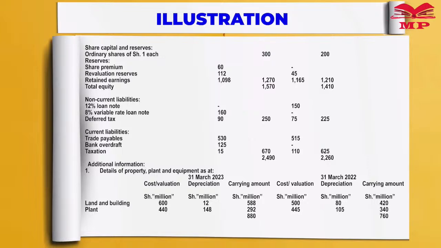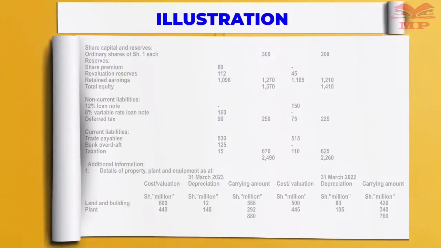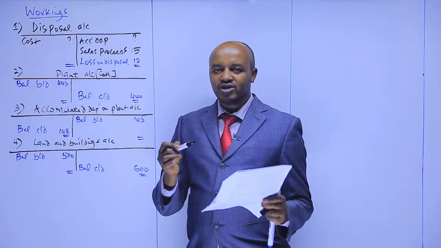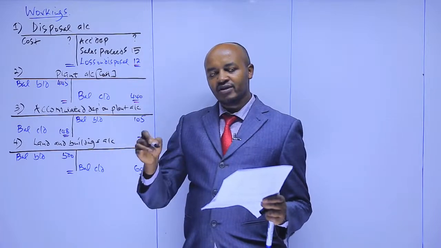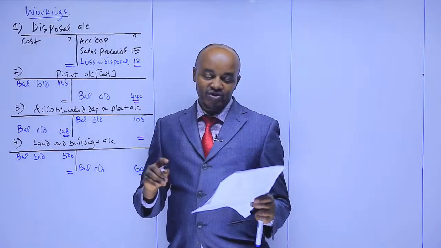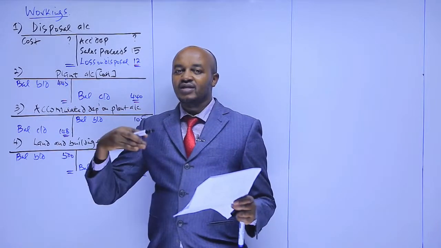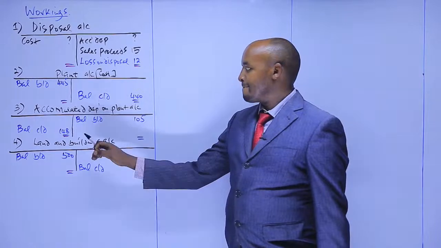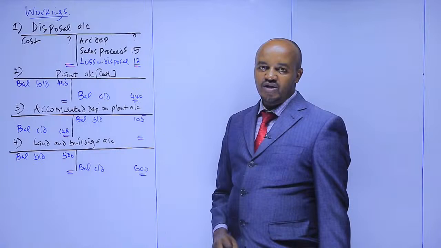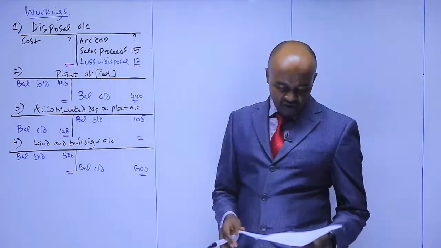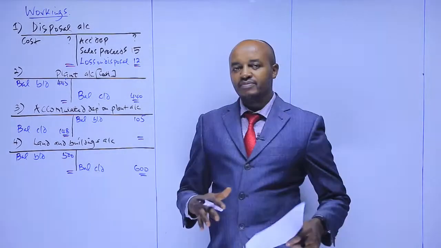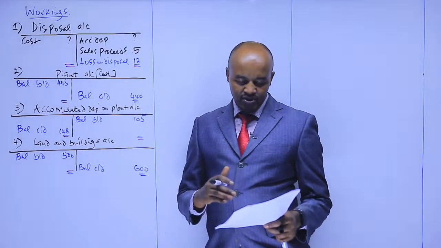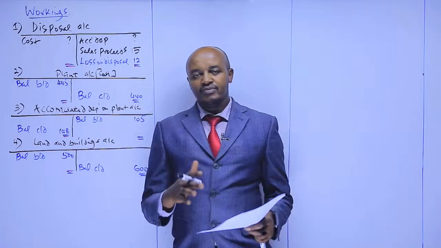Now that amount of 12 depreciation for land and buildings is the depreciation for the current year, because I've said that that depreciation was computed based on the revalued amount. Once the assets have been revalued, the depreciation for the current year is computed based on the revalued amount, and the previous accumulated depreciation is ignored. That's why we are not preparing the accumulated depreciation account on land and buildings, simply because the depreciation for the current year for land and buildings was computed based on the revalued amount. In fact, the amount of 12 million is the depreciation for the current year.